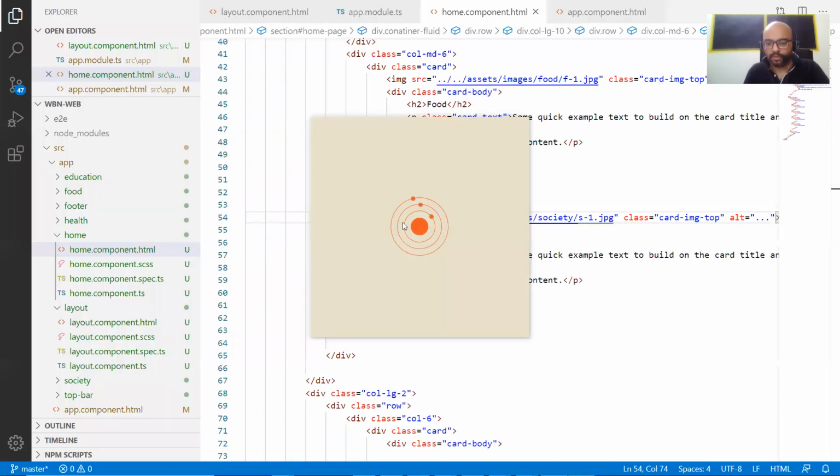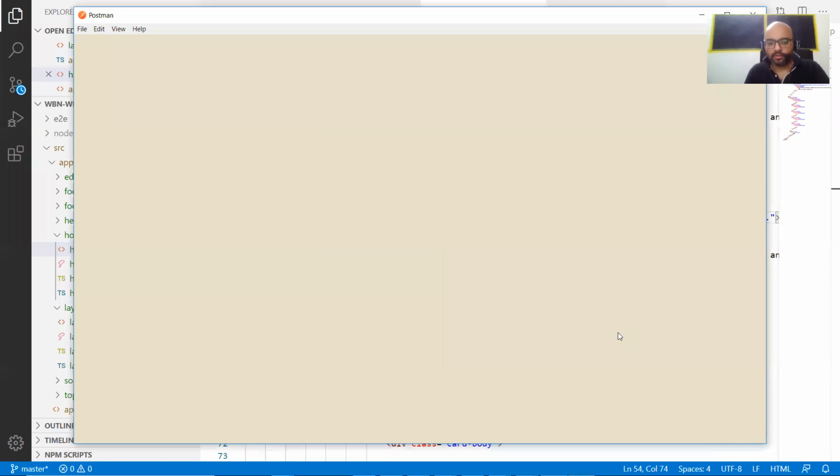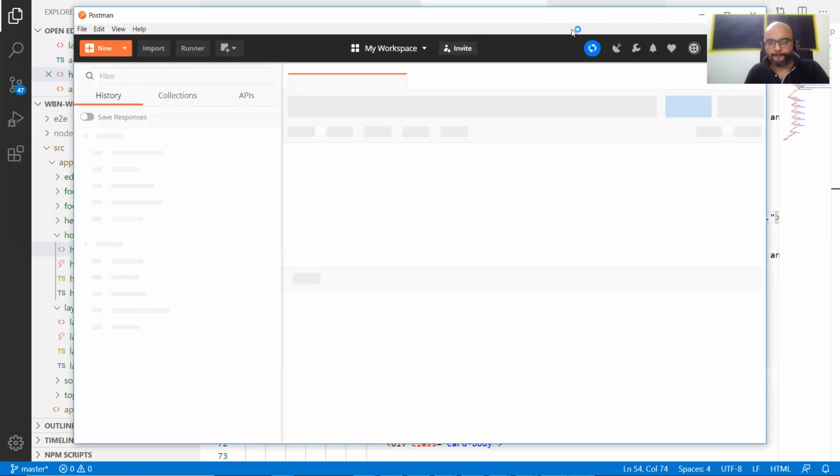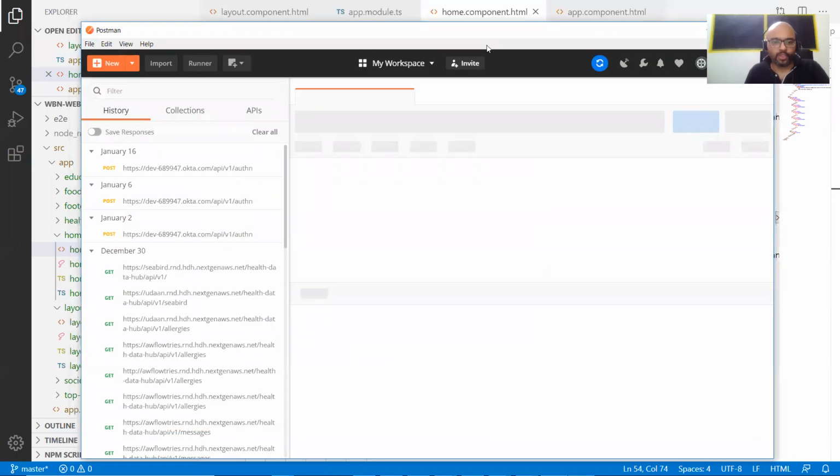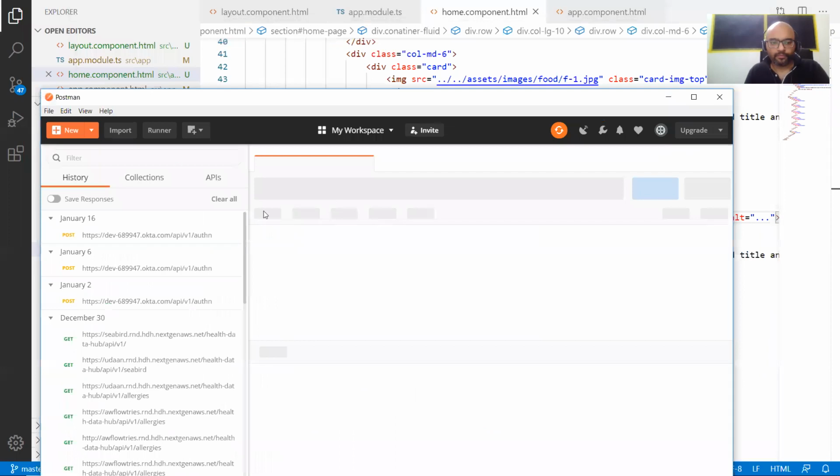Yeah, it's spinning up. So no problem till the time this spins up. Okay, it got open. Yeah, beautiful. So very good tool.